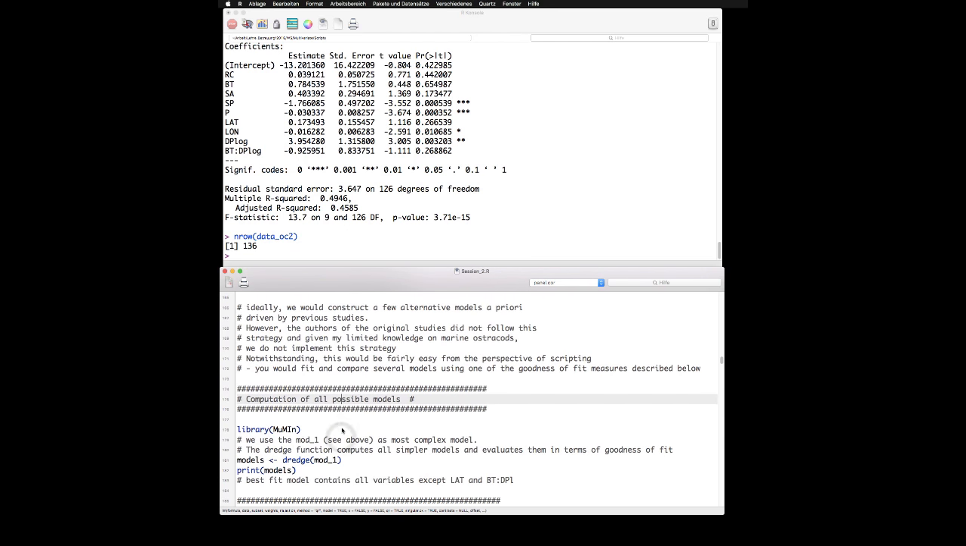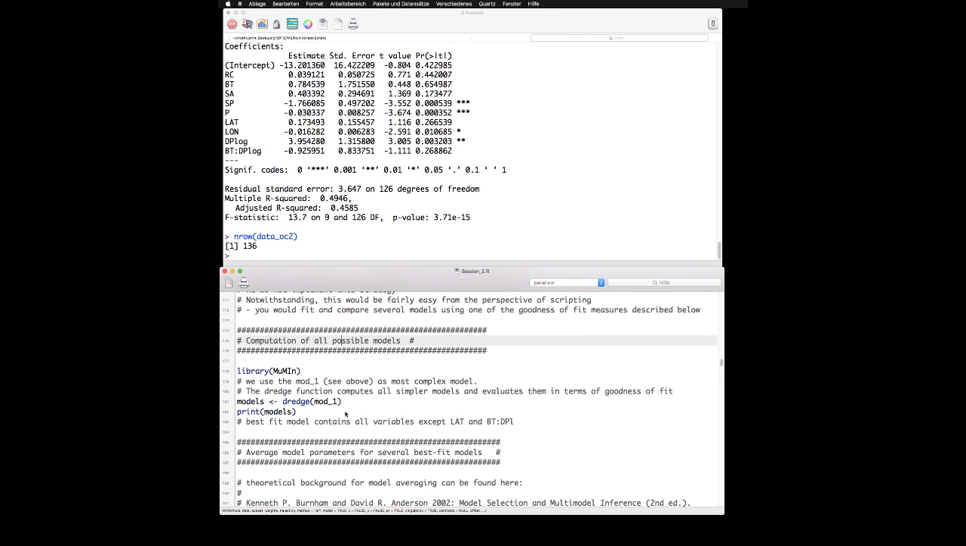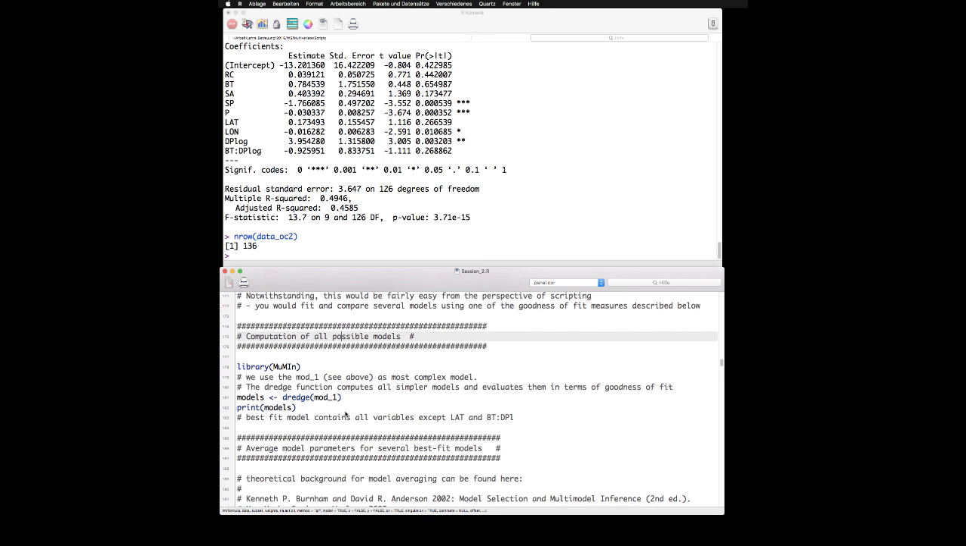What we are doing first is we compare all possible models. And again, I won't go into all the theoretical problems of this approach. I just show you how to do this. Please refer to the lecture slides to know more about the